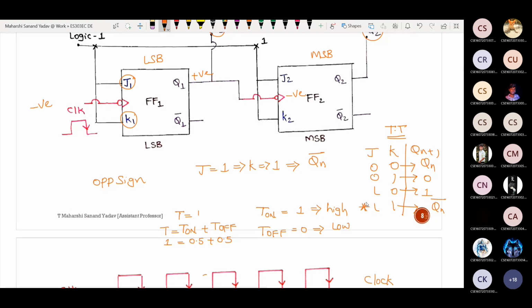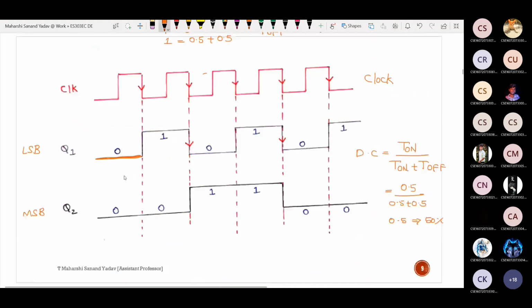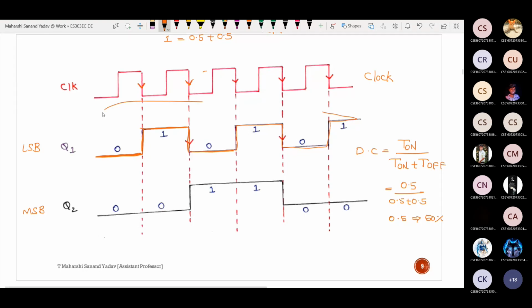So here this is a condition which I am using. So now previously I am assuming value as 0. Now it should get complemented. So whenever there is a negative edge trigger, the value which you are assuming will get changed. Means if it is 0, it will change to 1. Again for the next edge trigger, it will be 1. Next, whenever there is a negative edge trigger, from 1 again it changes back to 0, and this continues. See here, again this one will be 0. Again when there is a negative edge trigger, it goes to 1 and constant for next cycle, and again from 1 it changes to 0 and so on. This is for least significant bit, which is Q1.